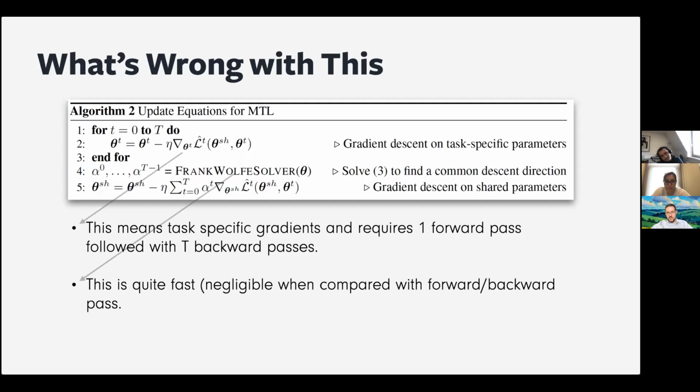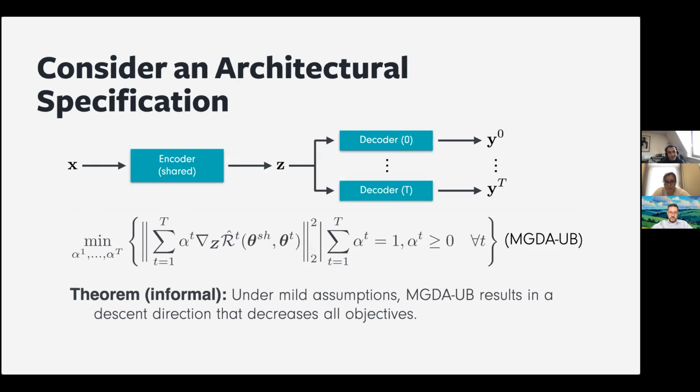If you are doing multitask learning, there is a problem here. The problem is, for each task, I need a separate backward pass. And for each task, I need to compute gradients. This is costly. So basically, it means that if I'm solving 5 tasks, my training will be 5 times slower. And we need to solve this because it's a problematic thing. And the way to solve it is, look at the way that people use multitask learning in the literature. They go from this input data X to a shared representation Z and to a bunch of task solutions.